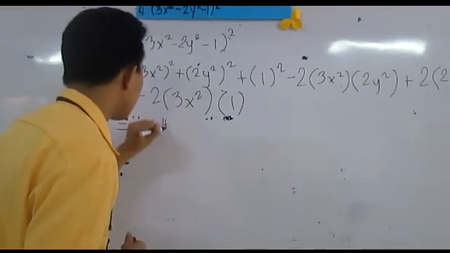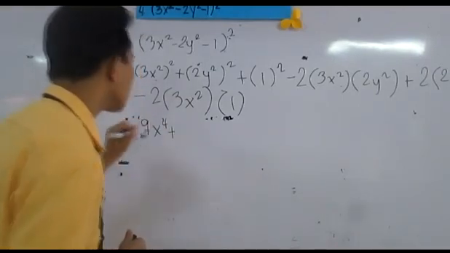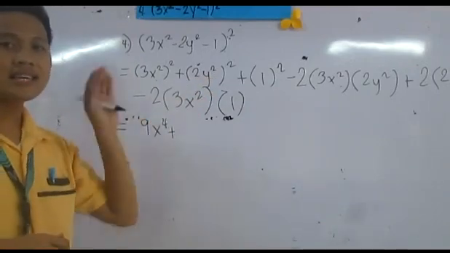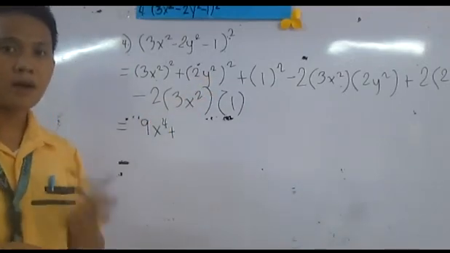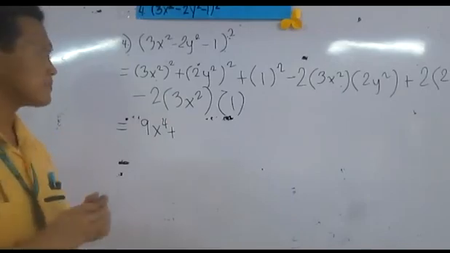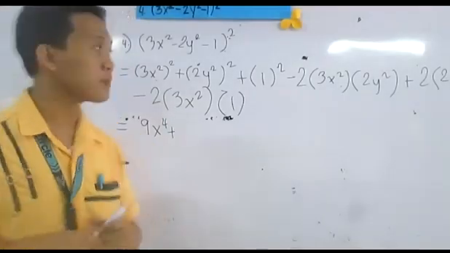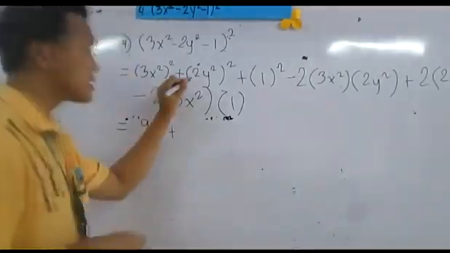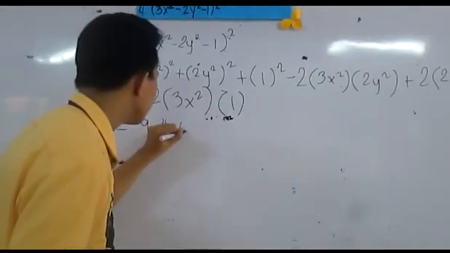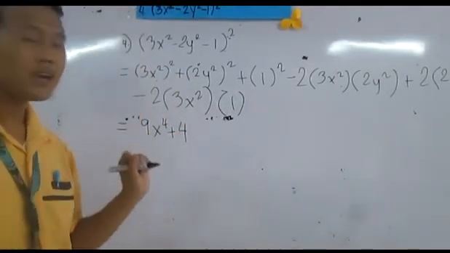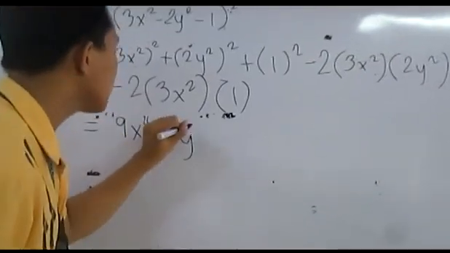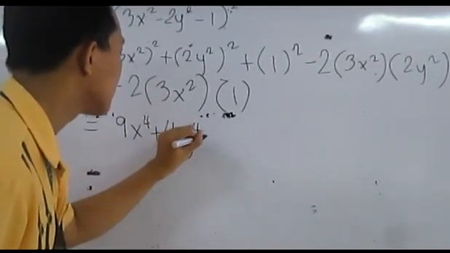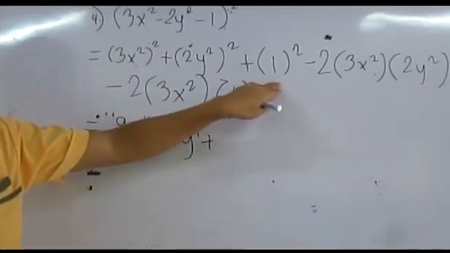Plus, applying the law of exponents, a power to a power, 2 squared is 4, y raised to the power of 4, plus 1 squared, which is 1,